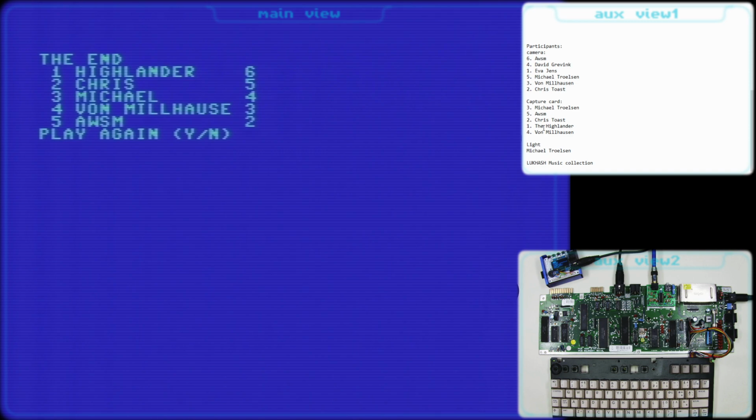And I think let's have a final round with all participants to see who is going to get the Lukas music collection. So let's play again. And this time I think we have 7 participants, because we're going to add the Highlander to the first round as well. And then let's see who is going to win